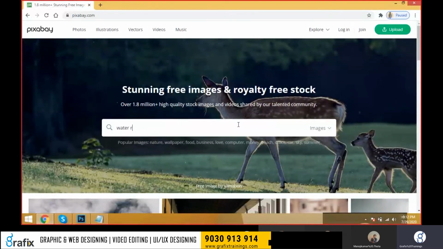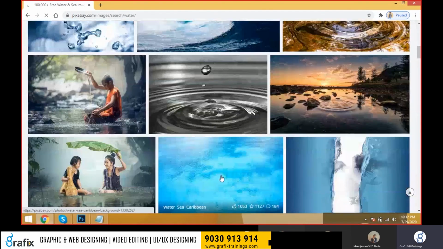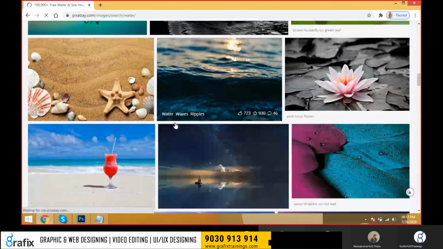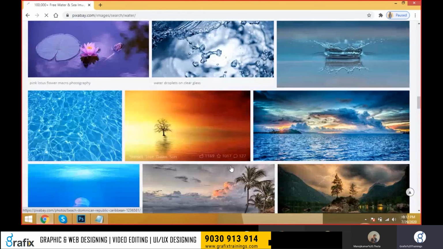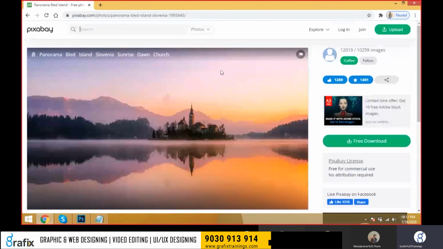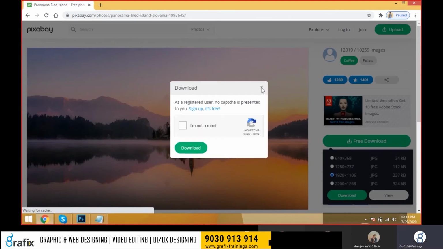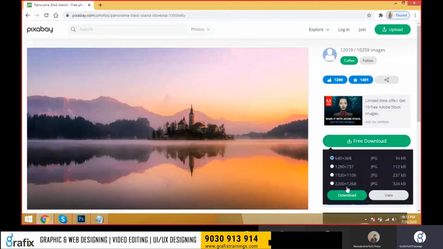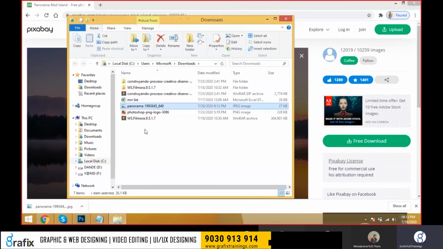Like, I need a water background. I'm just taking a water background like this. You can search it and you can take the water background. Just taken this one. Here, this is the image. You can take a free download. And 1920 by 1106 download. It is asking to register, and take a low resolution. Same, it is also asking to register. It's a low-resolution image, it came. Okay, take this image